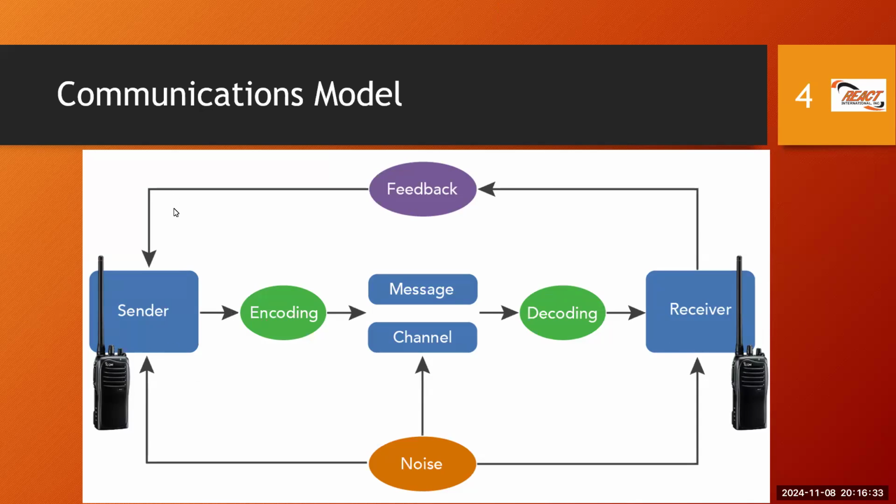And again, this is a generic model, so it doesn't have to be radio only. This applies to any form of communication. It doesn't have all of the components, but has the majority of the ones that matter for most communication. And you will recognize a sender and a receiver. Those are the two entities that need to communicate, whether they are two persons, two devices, or two devices being operated by persons. The point is sender, receiver, and the idea is to get a message across.